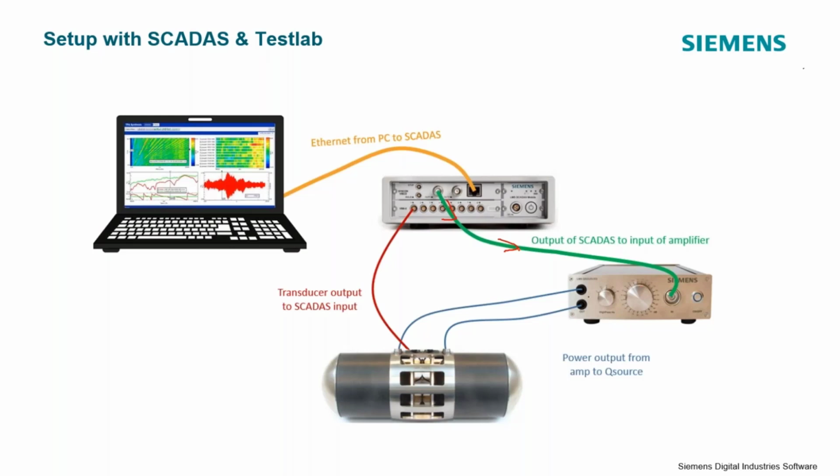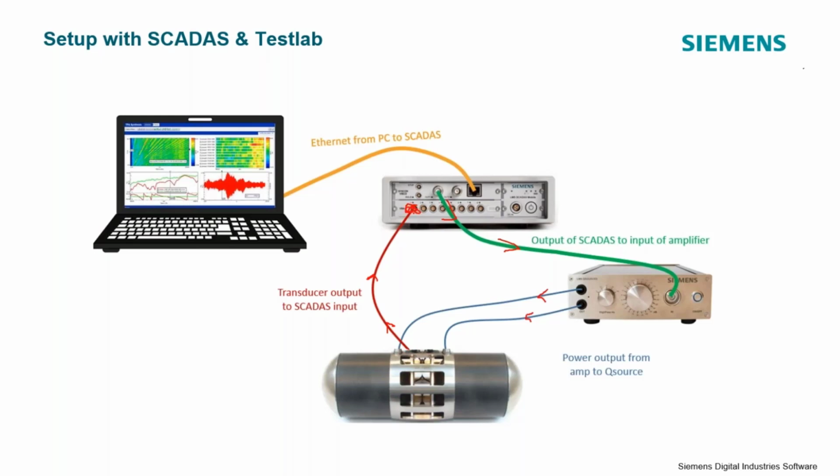So we're going to send this output signal, be it burst random or broadband noise, whatever it is, swept sine, amplify that signal, and then we're going to send that amplified signal to our Q source. In this case, this is a QMed. We're going to send that signal. This guy's going to generate our Q, and then we're going to be able to measure that Q as an output of the transducer and measure our Q on one of our input channels.